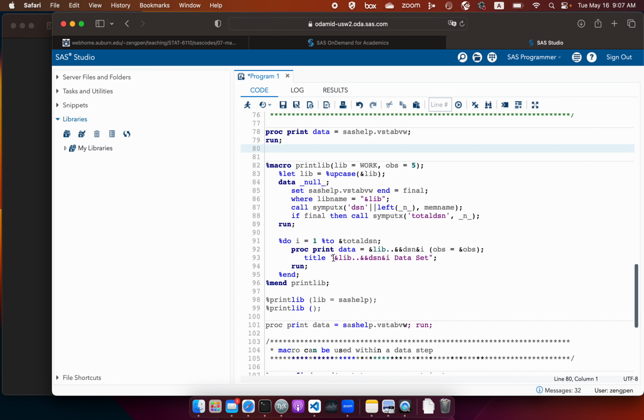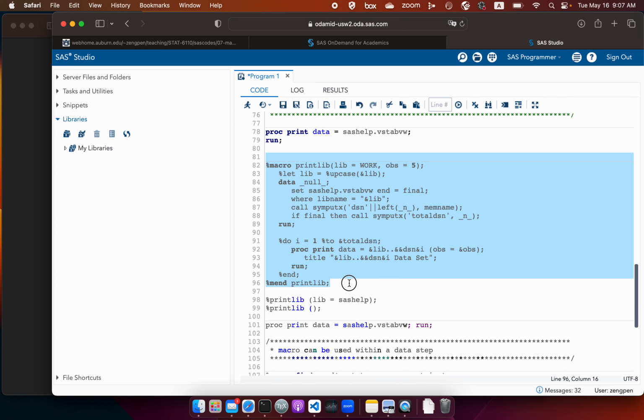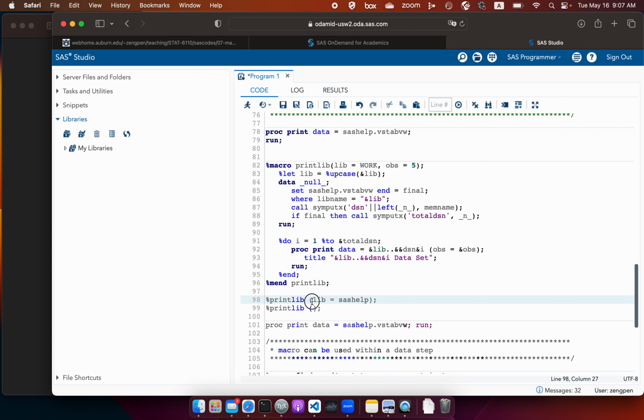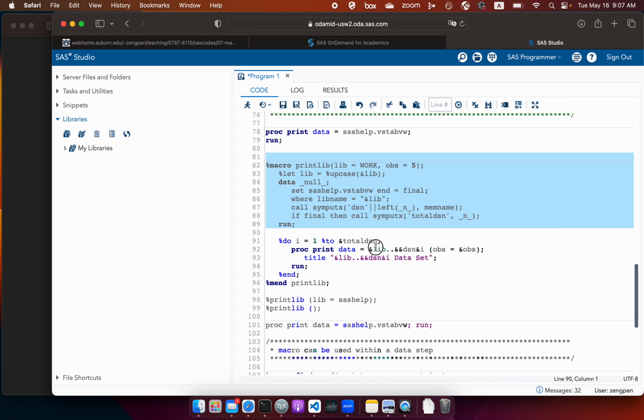Yeah. So then similarly, for the title, here we have two dots, right? So we run this one. Notice here we only specify the first argument. The second argument is missing. If it is missing, SAS will use the default value 5. So if you run this one,